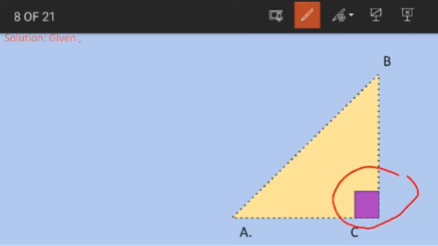That means this time we are not taking the triangle, we are making the angles in the triangle in such a way that is given in the figure. Angle C is going to be 90 degrees this time, and angles A and B are acute angles. That means they are not equal to 90 degrees, they are going to be less than 90 degrees.